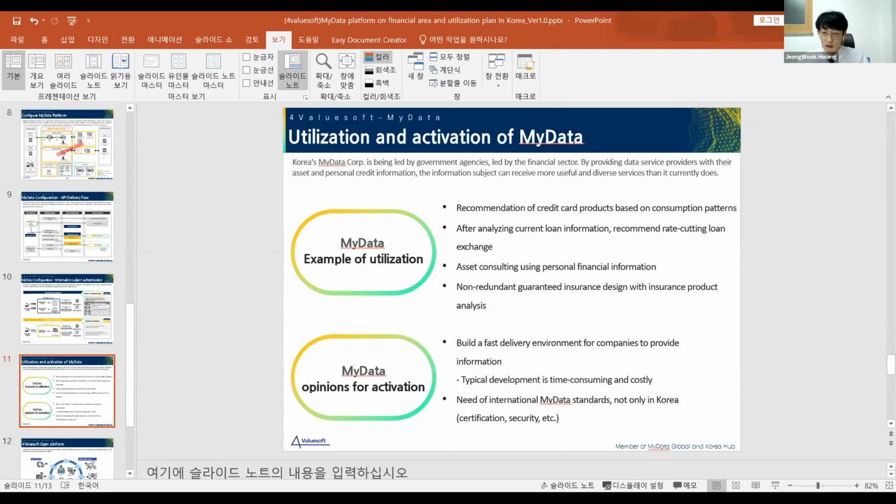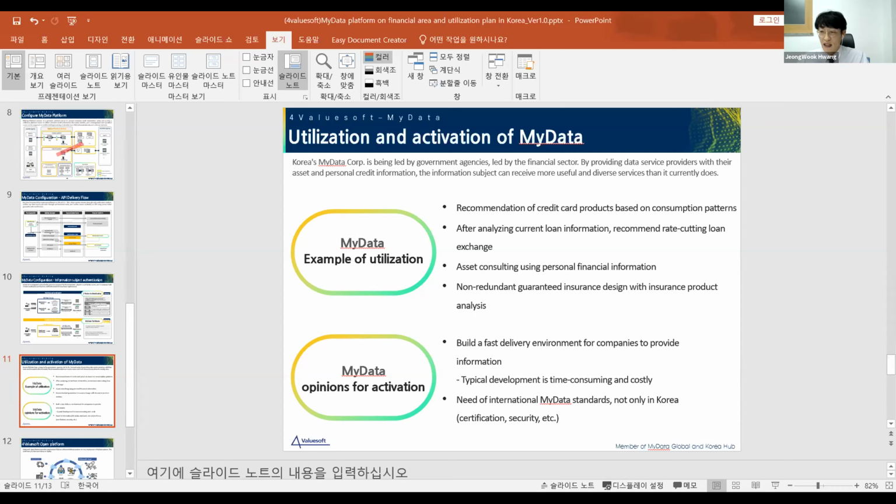As shown in the example, we expect it can provide more benefit and convenience to information subjects by being used in various fields.